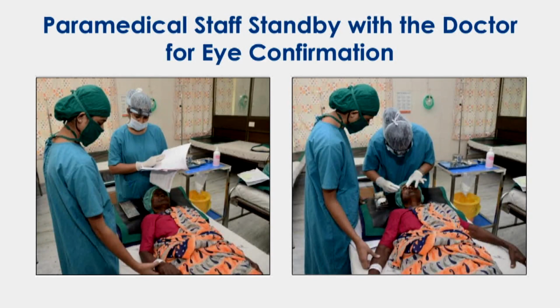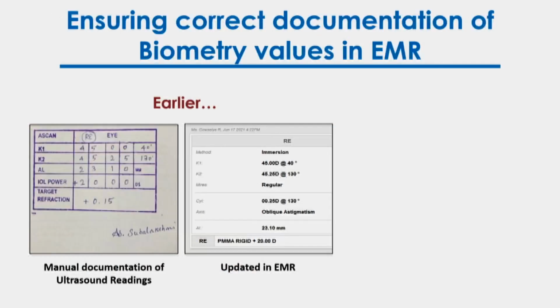Then we made sure that when a doctor gives a block, a person must stand with the patient, because this wrong eye block is picked up by the doctor in the operating room, where 2 or 3 people are involved, whereas the block is being given by one person. So we had another person stand to make sure that the doctor will not do something wrong during the process, because the first victim is the patient, the second victim is the doctor who did that. So he also suffers. We make sure that that doesn't happen.